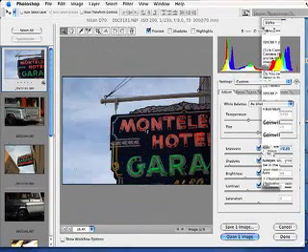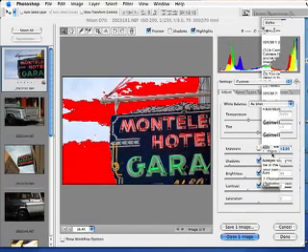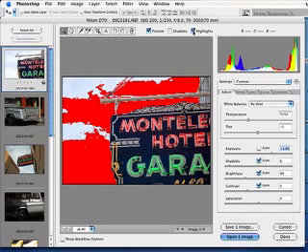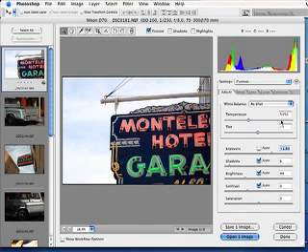All right, the next tip is, there's a number of ways to watch your highlights so you don't blow out your highlights when you're adjusting exposure and brightness. For example, there's the highlight warning up here. So if I were to drag the exposure too high, all the red areas say these areas have turned to complete white. There is no more detail there. You've blown out the highlights. So that's one way of warning it, and some people find that really annoying. I mean, it is a warning device, but some people find it crazy annoying.